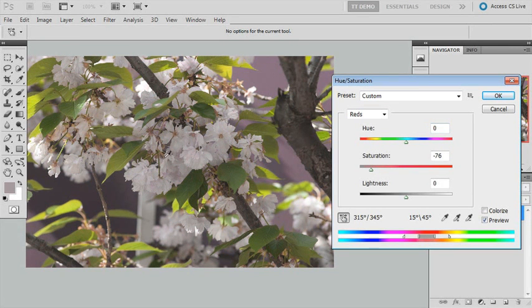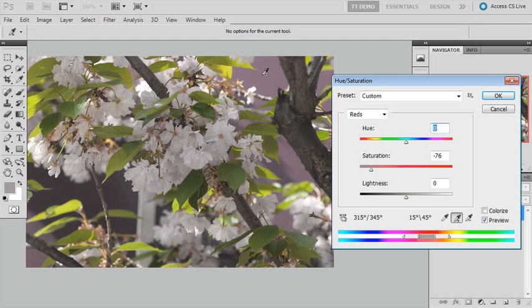But suppose there are colors in this image that we would like to include in that desaturation effect. Well, if we look at the Hue Saturation dialog box, we've got 3 eyedroppers here down at the bottom, and I want you to pay attention to the last 2. One has a plus sign, one has a minus sign. We're going to click on this plus sign. We've got our Add Eyedropper, and if I go here to a different region of the image,